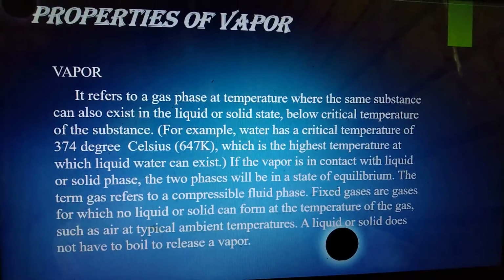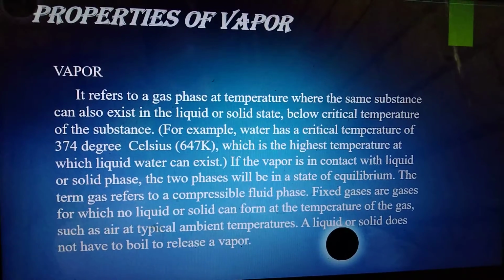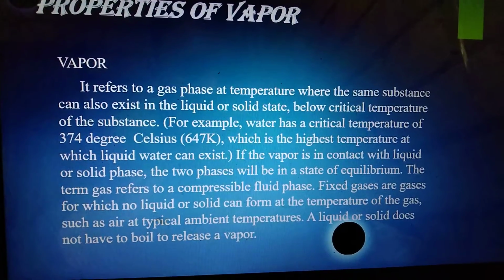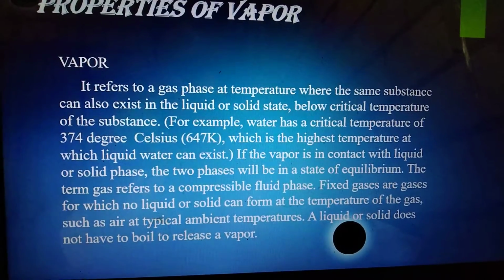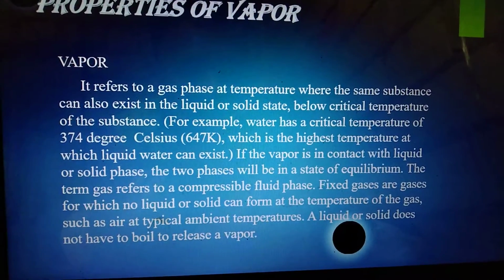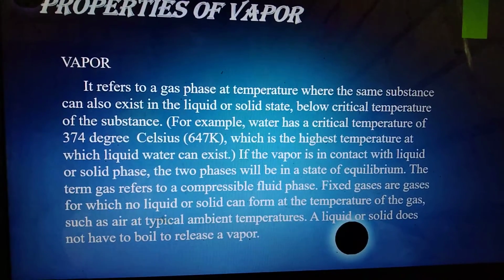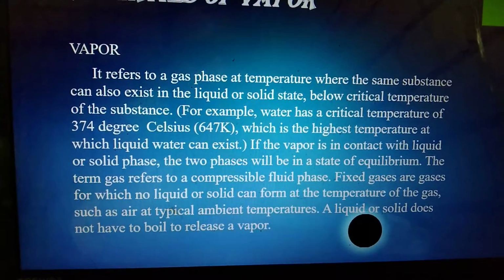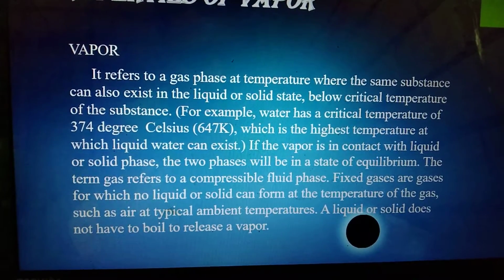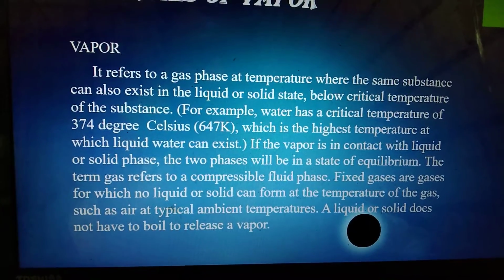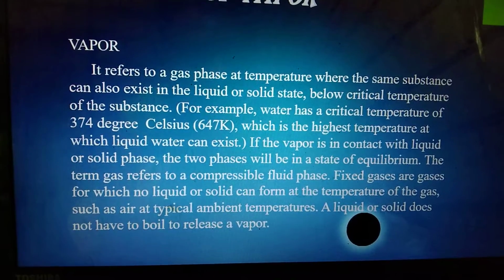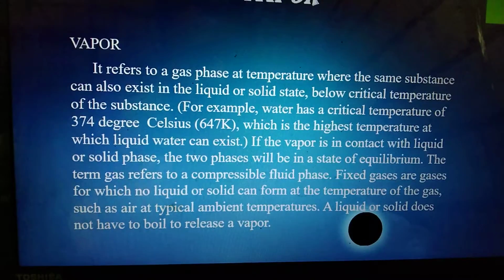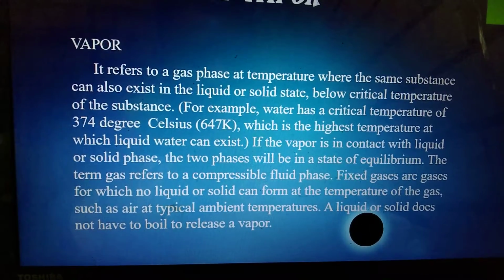Properties of vapor. Vapor refers to a gas phase at a temperature where the same substance can also exist in a liquid or solid state. This is because of the critical temperature of the substance. For example, water has a critical temperature of 374 degrees Celsius or 647 Kelvin, which is the highest temperature at which liquid can exist. If vapor is in contact with the liquid or solid phase,